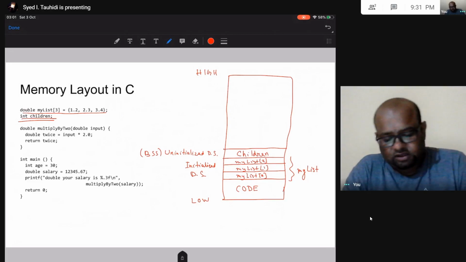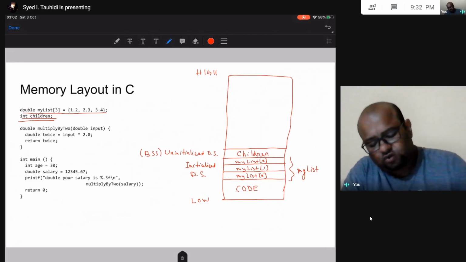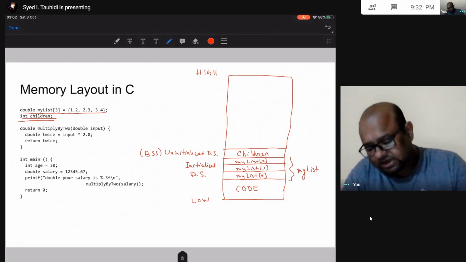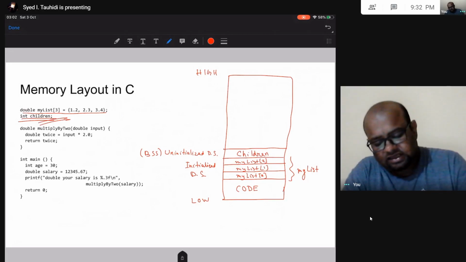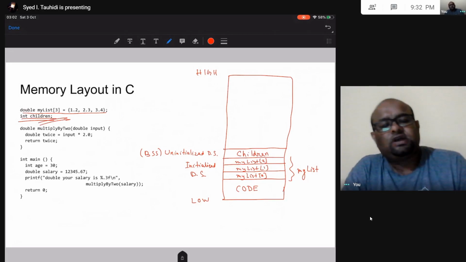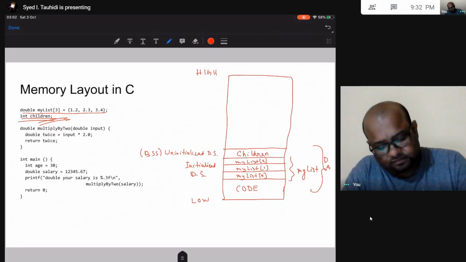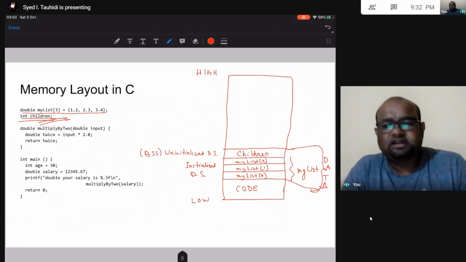So after my list 0, 1 and 2, these are the initialized global variables. After this, the uninitialized global variable, int children, is going to be on top of the initialized global variables. So these two together make my data segment. This part is my data segment.